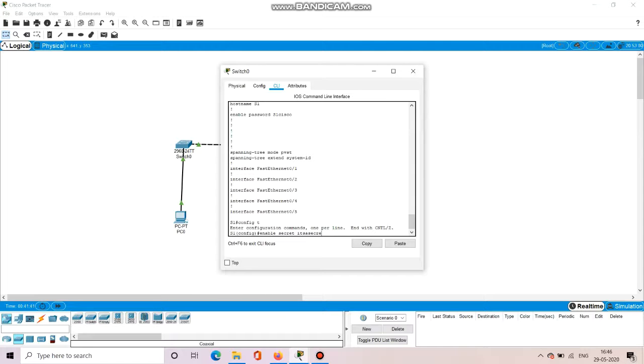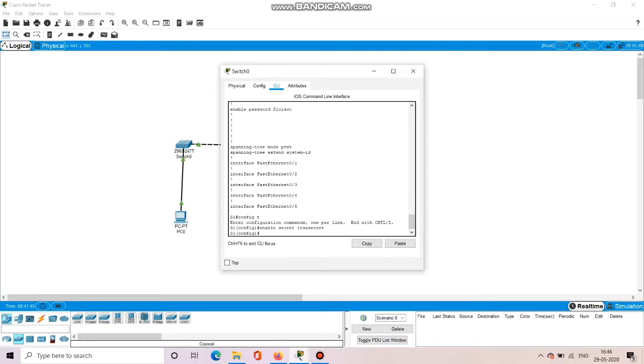Now, if you want to configure an encrypted password to secure access to the privilege mode, again you have to enter the configuration mode and write enable secret and then a password. This password will be protected using some encryption algorithm.